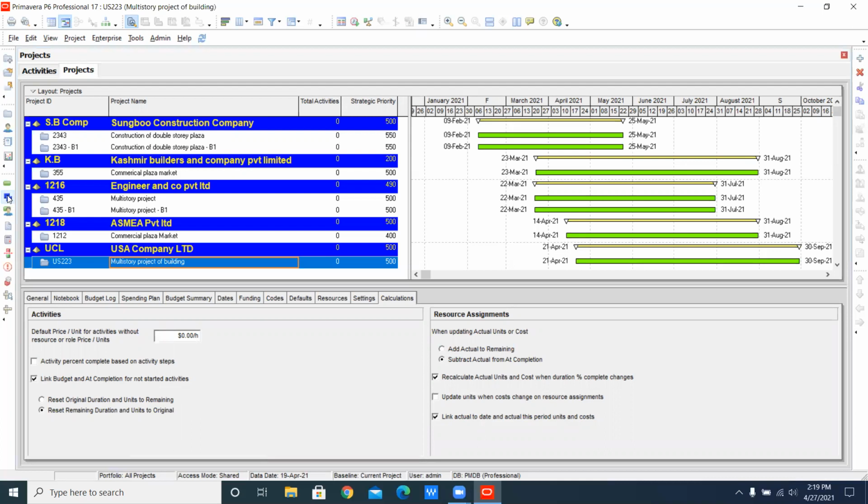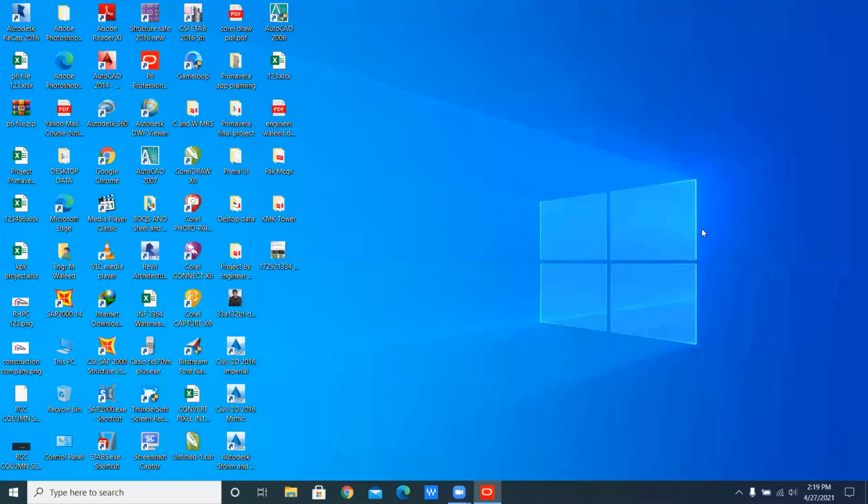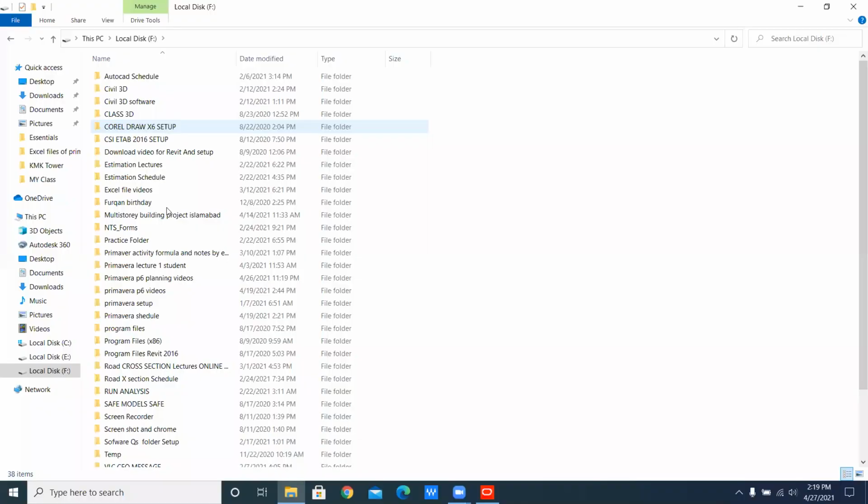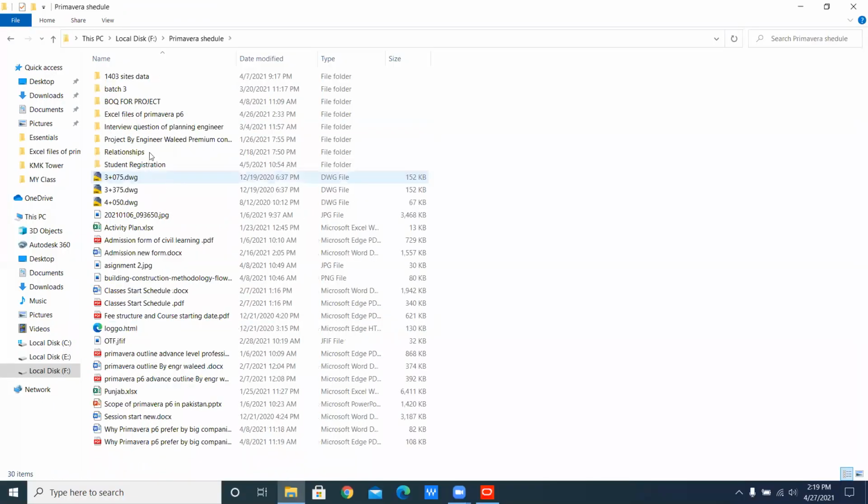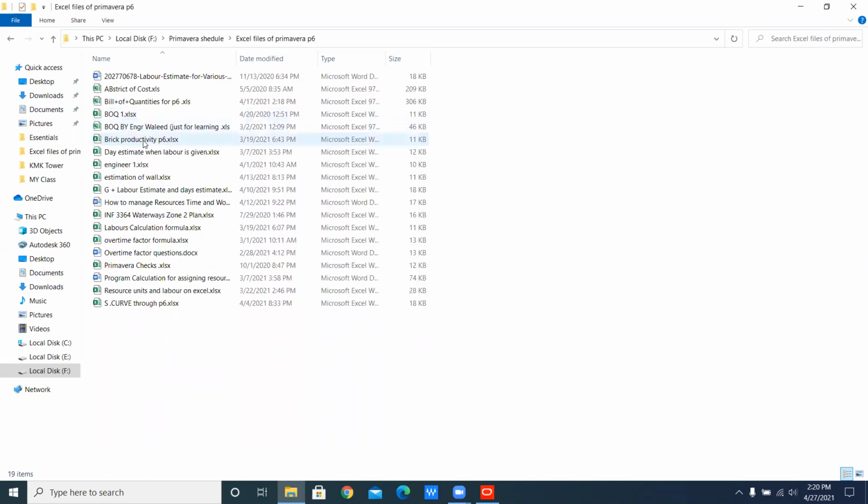So into the WBS, always remember that whenever you break your work into different parts, into different structures, like whenever you go for building, if I show you here, I have a BOQ right now. Not so much, there is a short BOQ here, but I want to give you the concept on Primavera P6. From the short, you will go towards the major projects, towards the long projects. If I open here the Excel file of Primavera P6, and the BOQ project for quantities for P6,